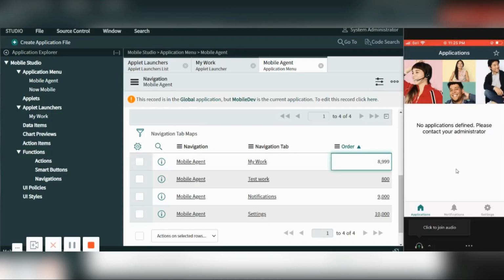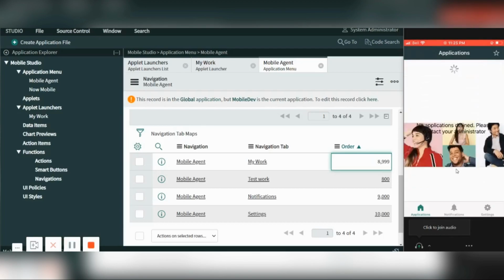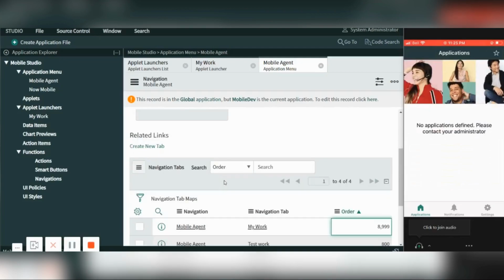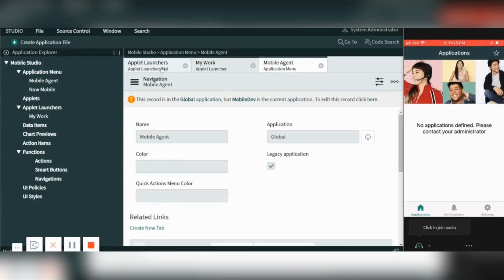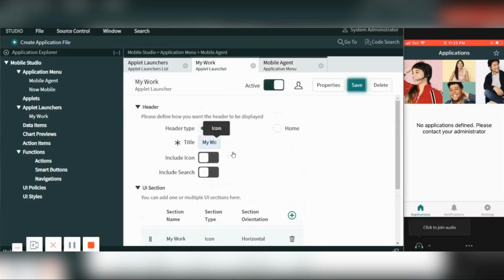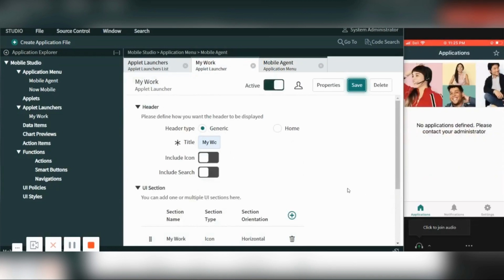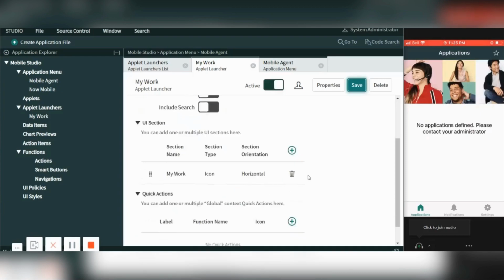And now I will go on the mobile and see if it has been added or not. As of now, let me go back to my applet launcher. It has not been added. The reason is that we have not associated any applet within this particular applet launcher.